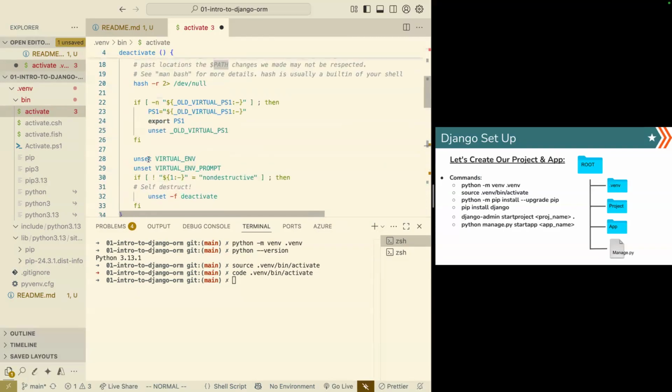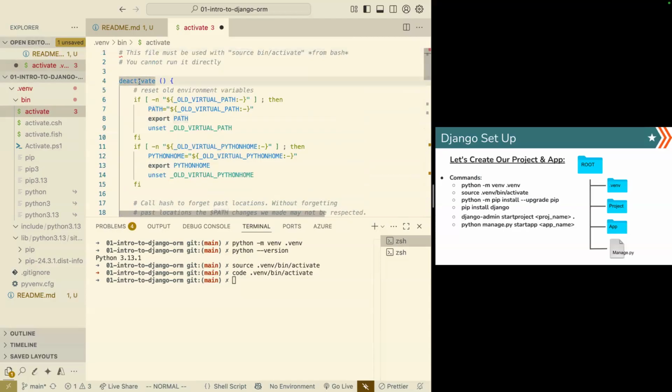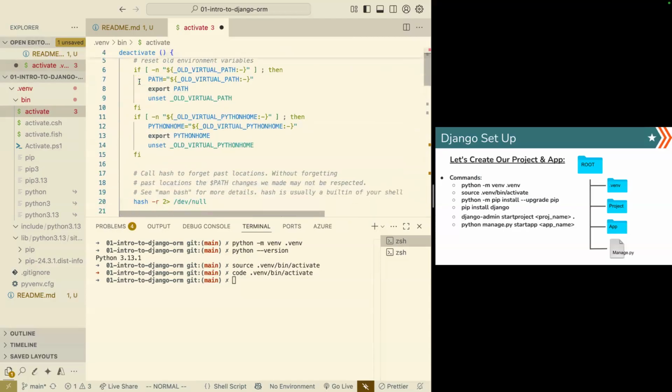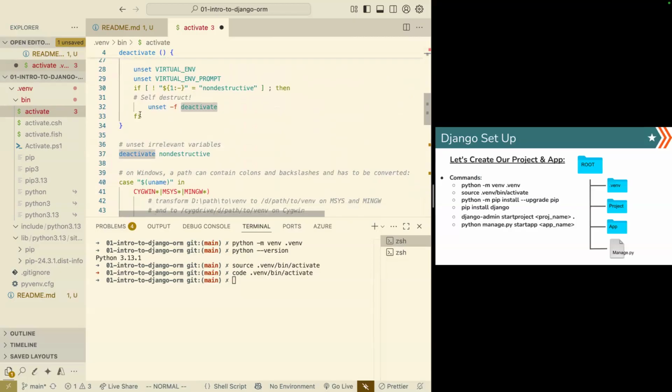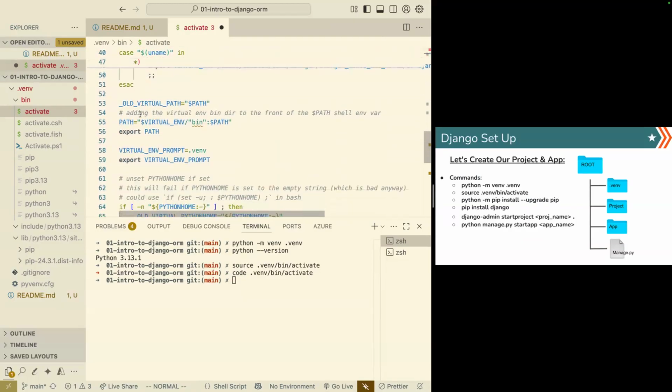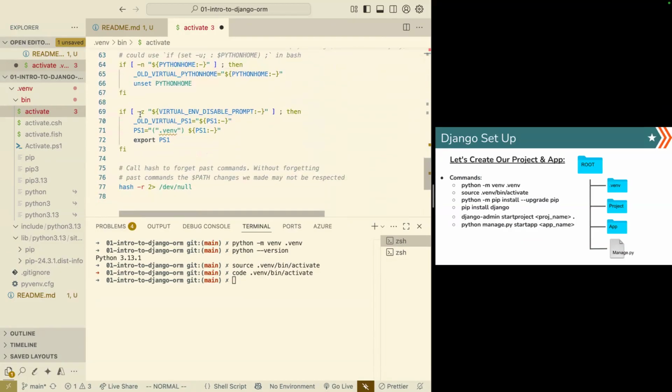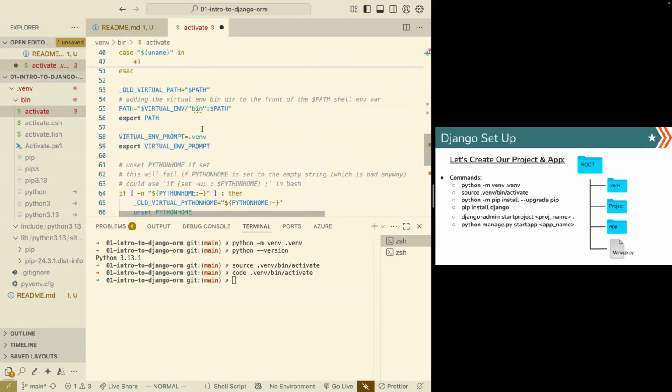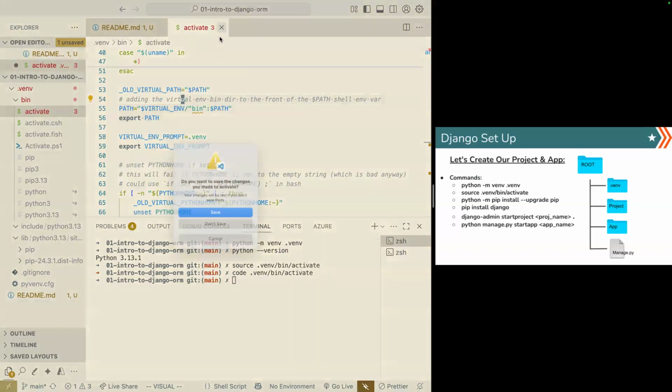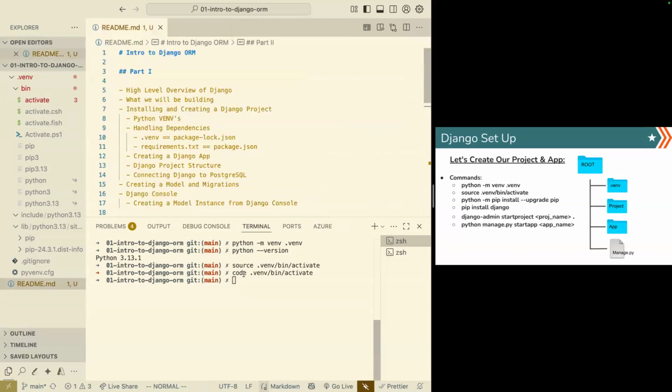We also, by the way, see that deactivate command we run to turn off a virtual environment defined here. I don't know if we have to export it as well, but this is sort of the essence of what this activate script does. I'm going to close it without saving anything, so I don't mess anything up accidentally. And now if I activate my virtual environment,